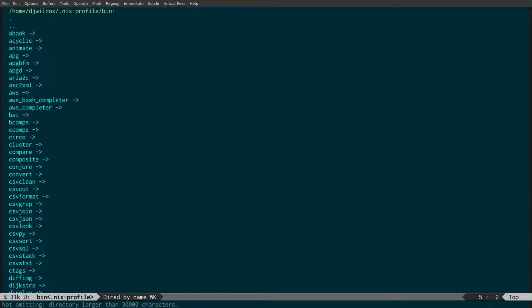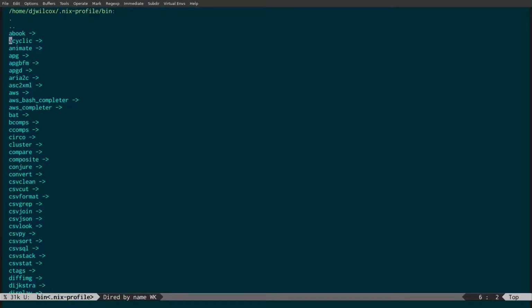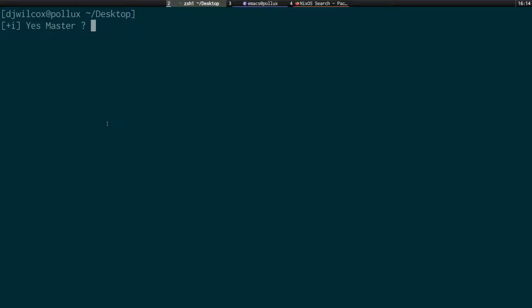So we've got here, look, you can see this is the bin directory, and in here, these are just all symbolic links that point to a self-contained folder, a folder with everything, all the dependencies for that application inside it. And then again, what happens is when you install a new version, it just creates a new directory. So if I come across to the terminal here, and I run, I think it's nix-env list